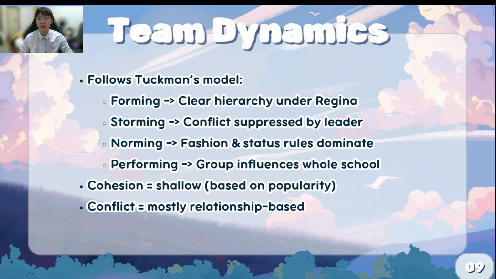The group gets back on track in the norming stage as they work together to carry out their plans against Regina. They agree on what their jobs are and depend on Janice's guidance to tell them what to do. Their plans work by the performing stage and upset the school social order, showing how much power the group was able to wield together.